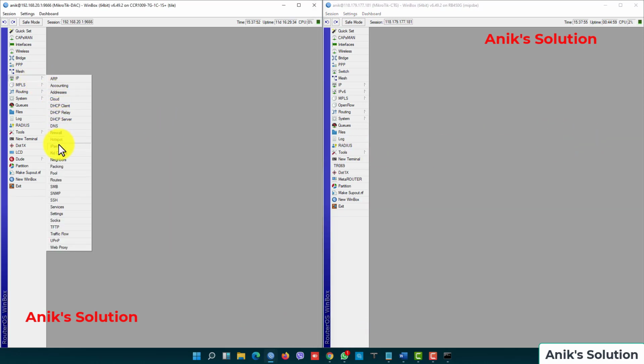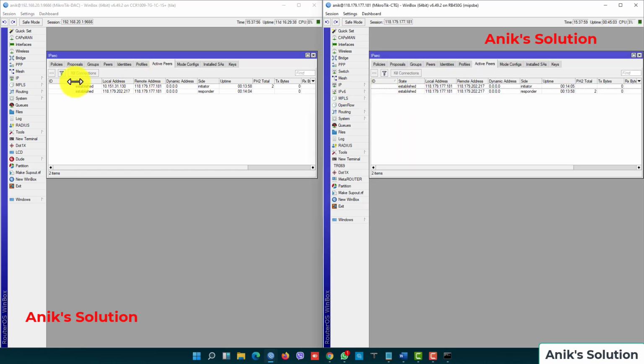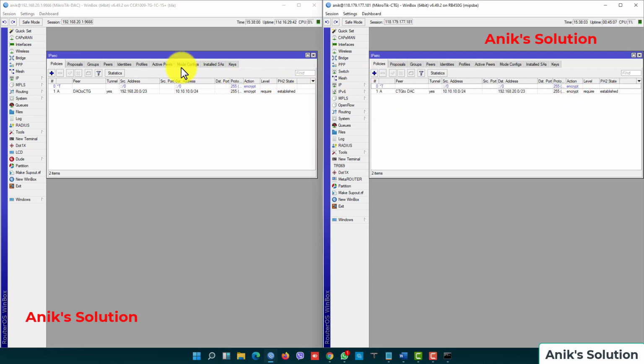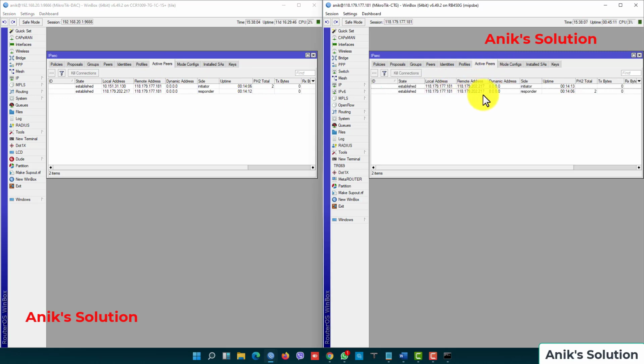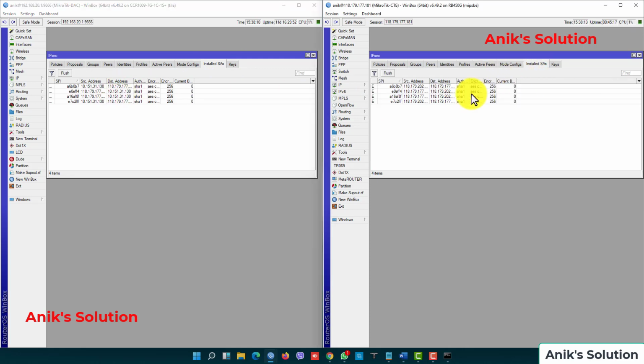Now we check our IPsec. This policy is established and here are the active peers, and both are active peers. These both are active.